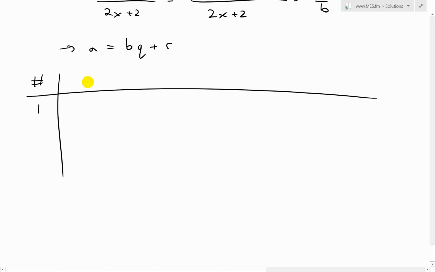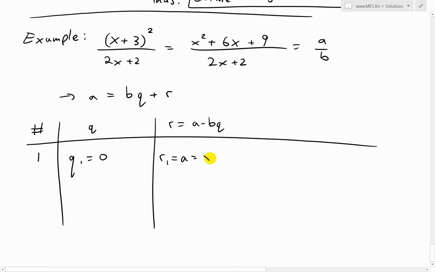And then we have our q value here, q1 equals 0. And then the next one we're going to do is, well, we need to determine our r value. So r, just move this over, equals a minus bq. So r initially is going to be r1 equals a right here. Or I'll write this out like this. r1 equals a, and a is just the top one there, equals x squared plus 6x plus 9, like